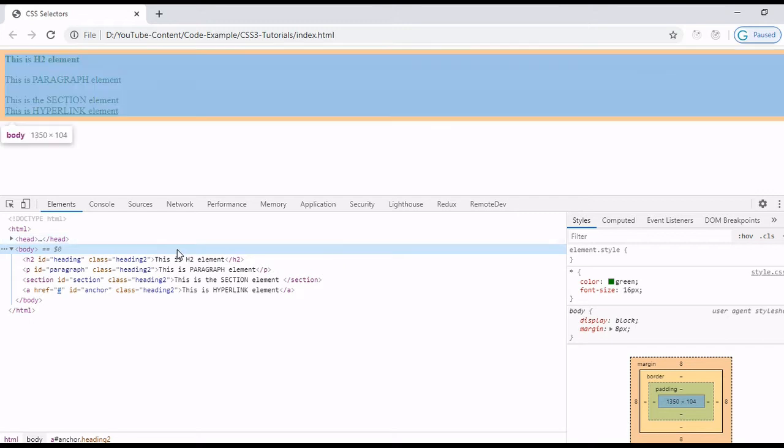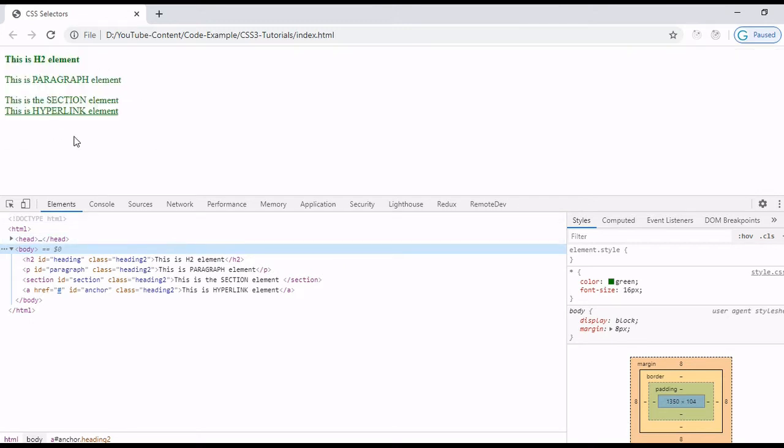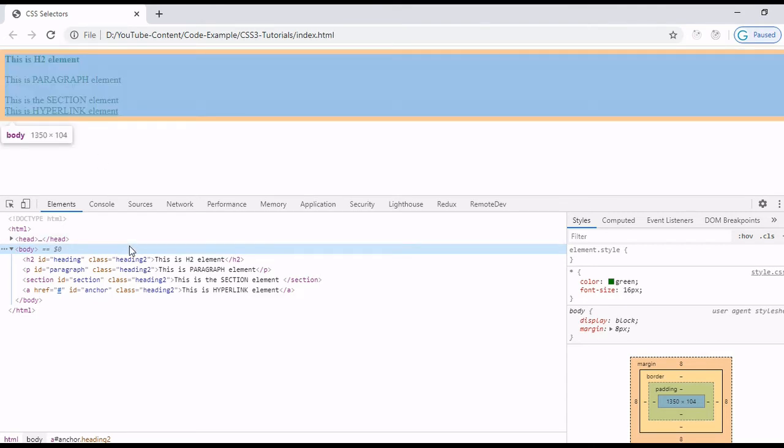When you select the body element, you can see an orange border. This orange border shows the margin of 8 pixel. So it is adding 8 pixel space around this body element.